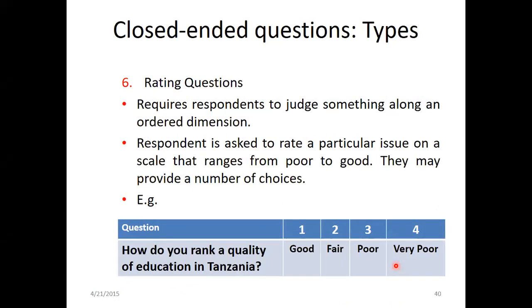Then you have rating questions. In here, the respondent is required to judge something along an ordered dimension. You rate a particular issue on a scale that ranges from, let's say, poor to good, and then you are given choices. So for example, how do you rank the quality of education in Tanzania? Are you going to say good, fair, poor, very poor? As you can note here,